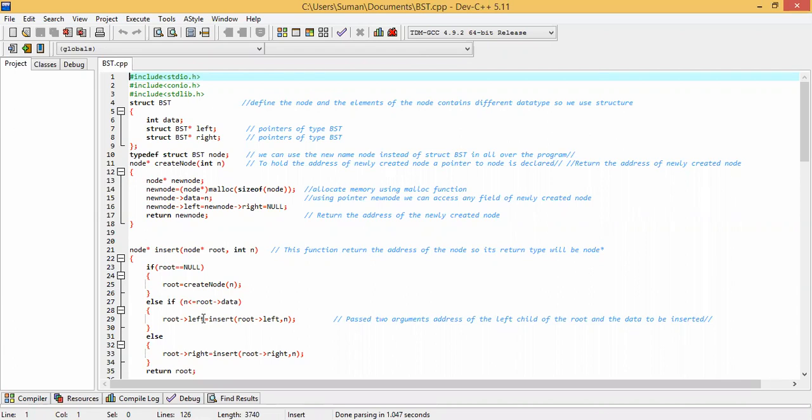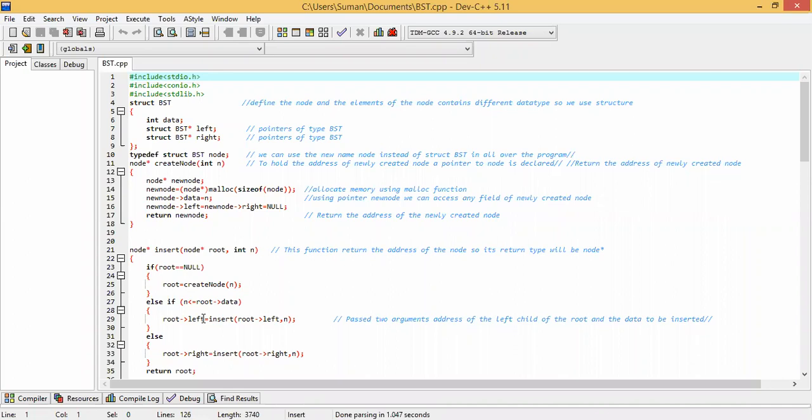After that, it returns the root, meaning the address of the root will be returned. That's why our return type is node star type, meaning the pointer type.